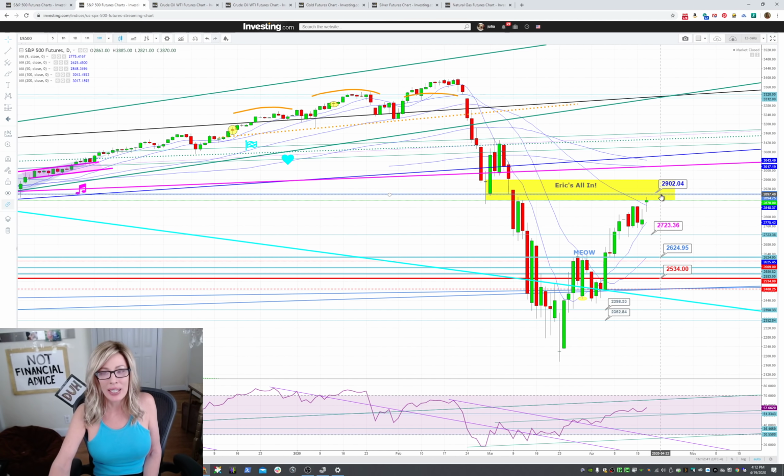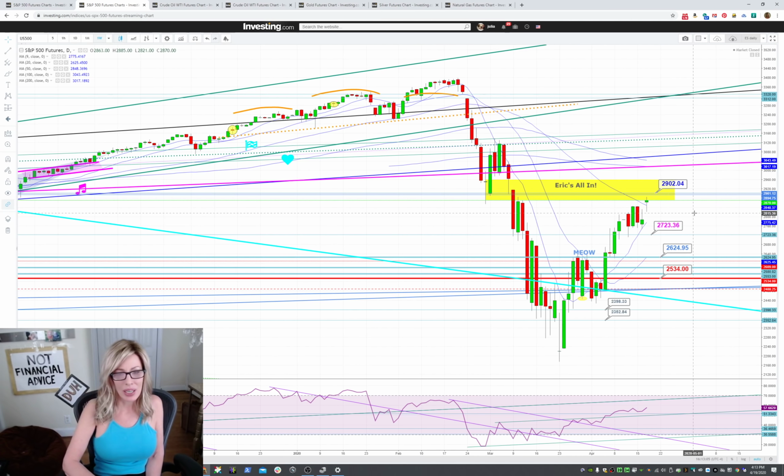Yeah, so right now, what I had said last week was I thought that it would get to somewhere within Eric's all-in area, which by the way goes all the way up to 2960. And it may go higher. It may go all the way to this pink line. I don't know, but somewhere around here I'm looking for it to drop,